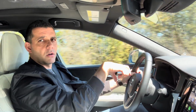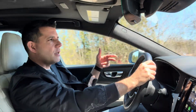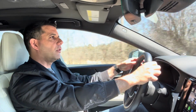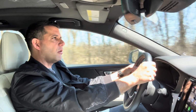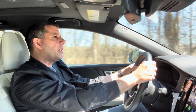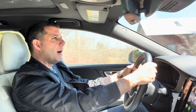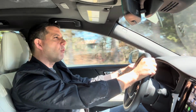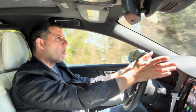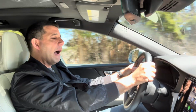And also because this is a Cross Country, a beefed up, off-roady or SUV-ish version too, it will be even harder to find one. I think all the brands are doing that globally anyway, but no longer in North America. So I chose 2 wagons that are the only ones that I could find in the market, and they are not one-to-one, but it's just to show you some reference in terms of what you can get, the power, the prices, all that. So the first one is a Subaru Outback,